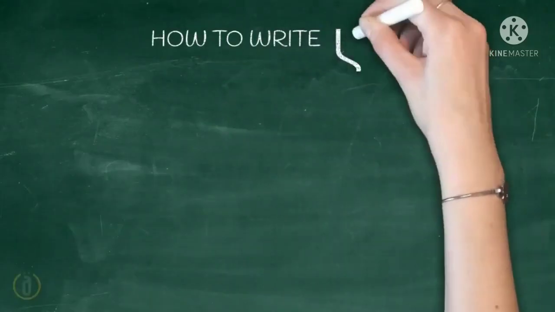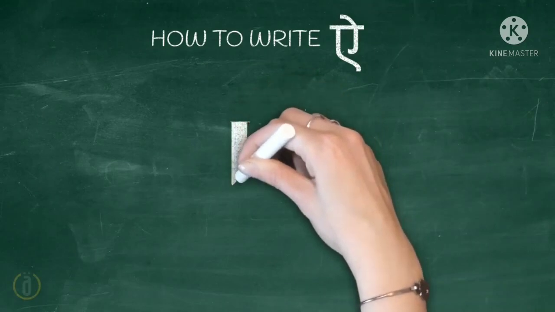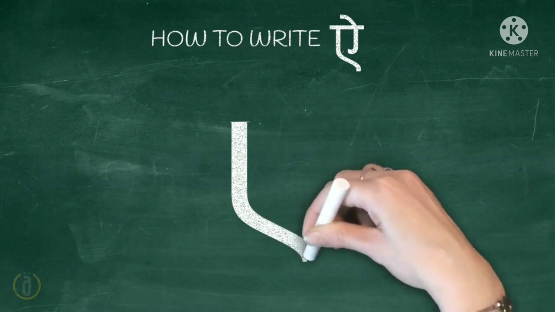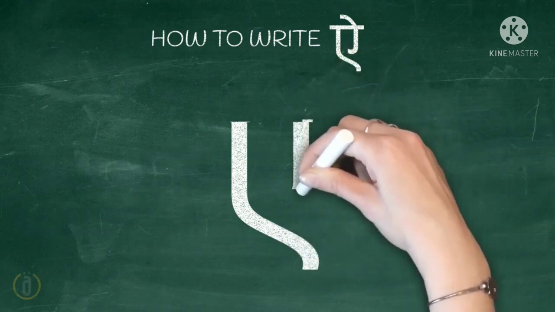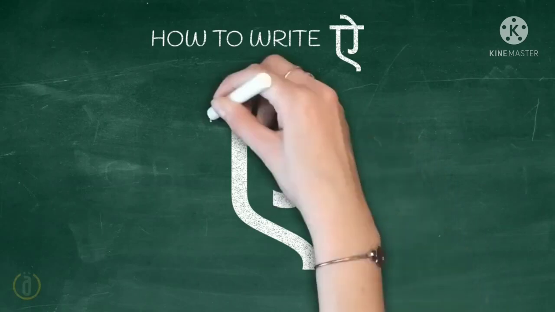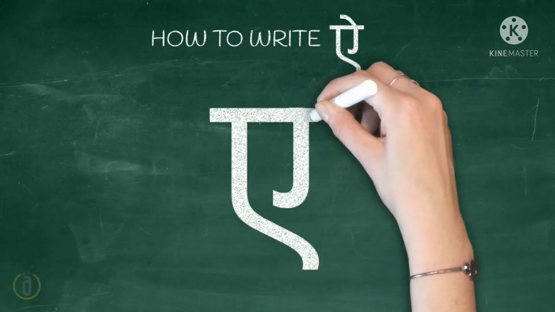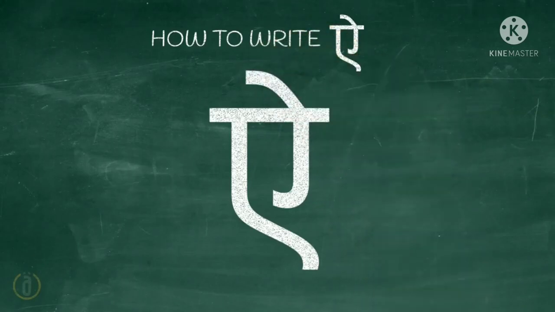Ai. Ai is also drawn like E. Draw a small standing line and bend it with a small slanting line as shown here. And then you join the alphabet J. Next you join these two with a small sleeping line. And finally you join the hook on the top.